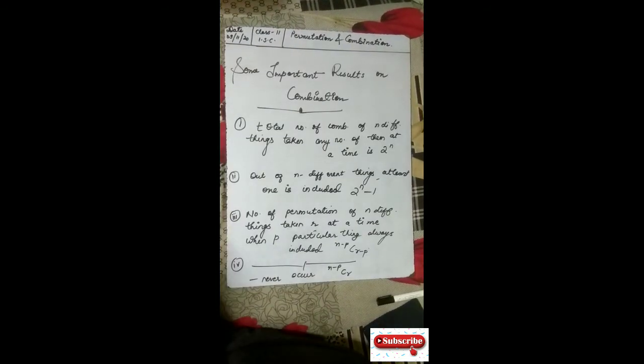So now some important results on combination. But before that, let me clear one point, that one topic has been excluded in this chapter. The problems which are based on both permutation and combination. For example, if any question comes where both permutation and combination are used, those questions are to be excluded. You don't have to do that. Or we can say the mixed problems on permutation and combination. Please keep in mind that thing.